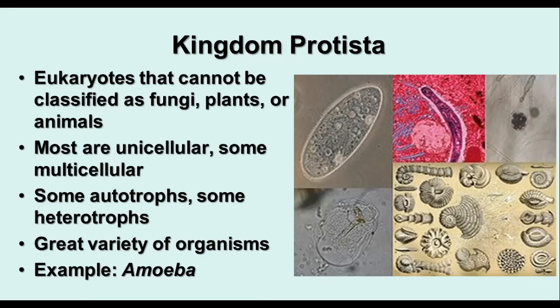There are some that are similar to plants, some that are similar to animals, similar to fungi, but they don't meet the characteristics for those kingdoms. So we put everything that doesn't belong in the other 3 into this one. In your book, you'll read that now the Protista is divided into several kingdoms based on various features, like whether they're animal-like or plant-like and so forth. We're not going to worry about that. We're just going to call them all Protista.